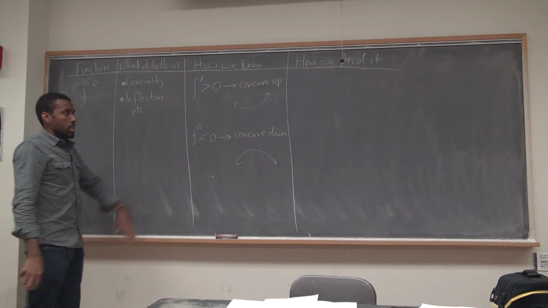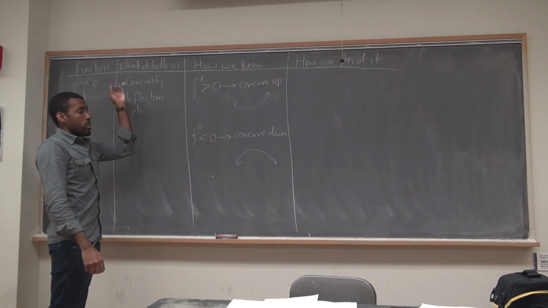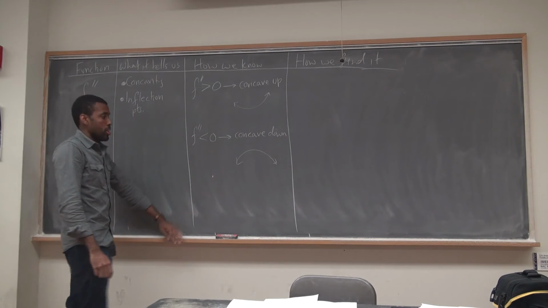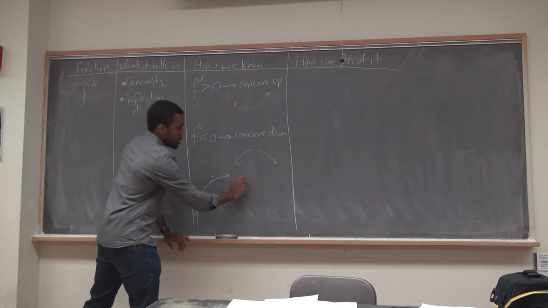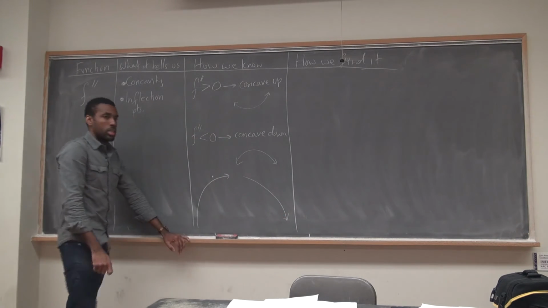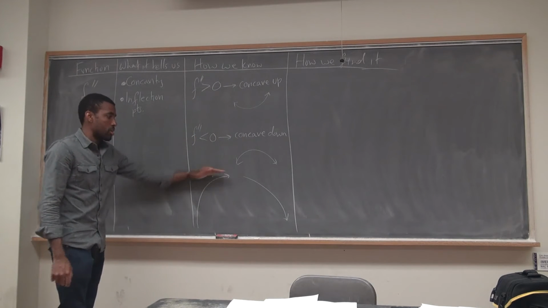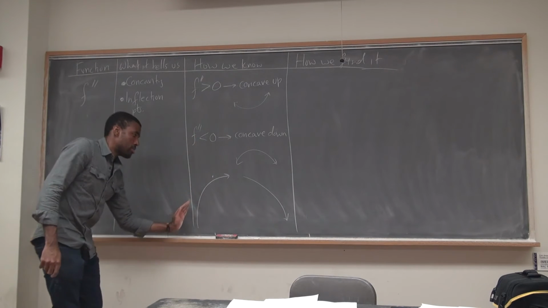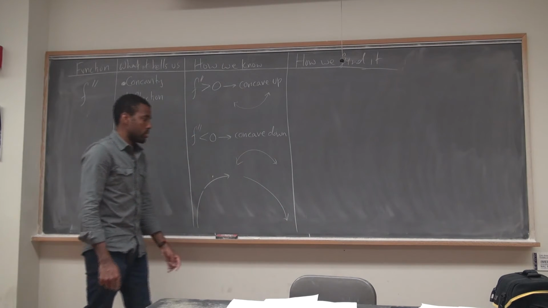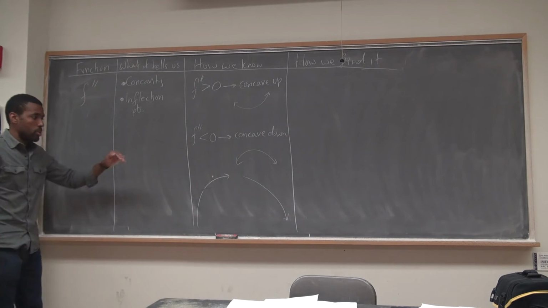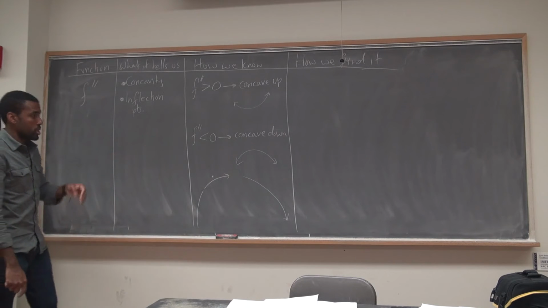And remember, concavity does not mean increasing or decreasing, that's the first derivative. It just talks about the shape. You can be increasing concave down, but you can also be decreasing concave down, right? So it has nothing to do with increasing or decreasing. It's about how you're shaped. You can be shaped like a frowny face while moving up, and you can be shaped like a frowny face while going down, right? It's about how you're curved while you're doing something, right?